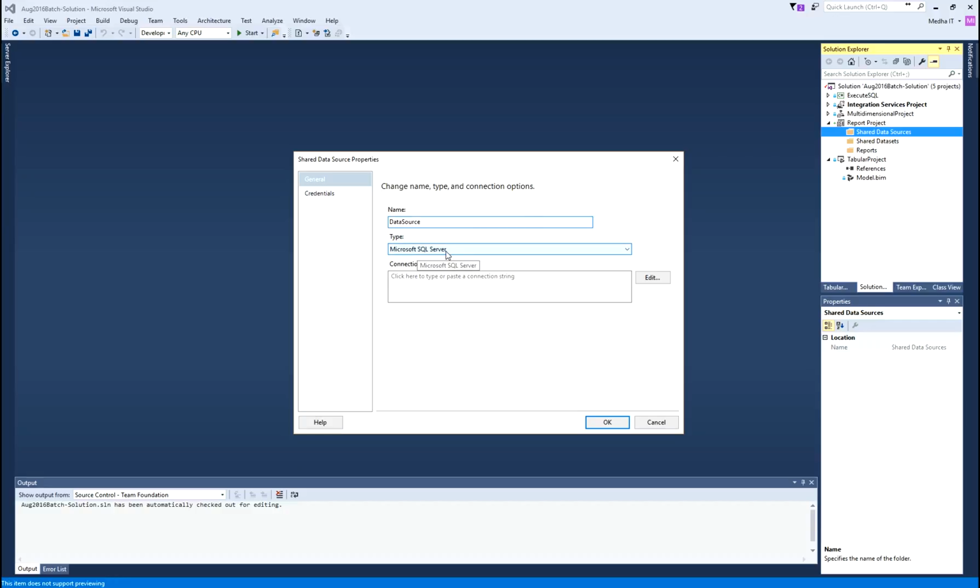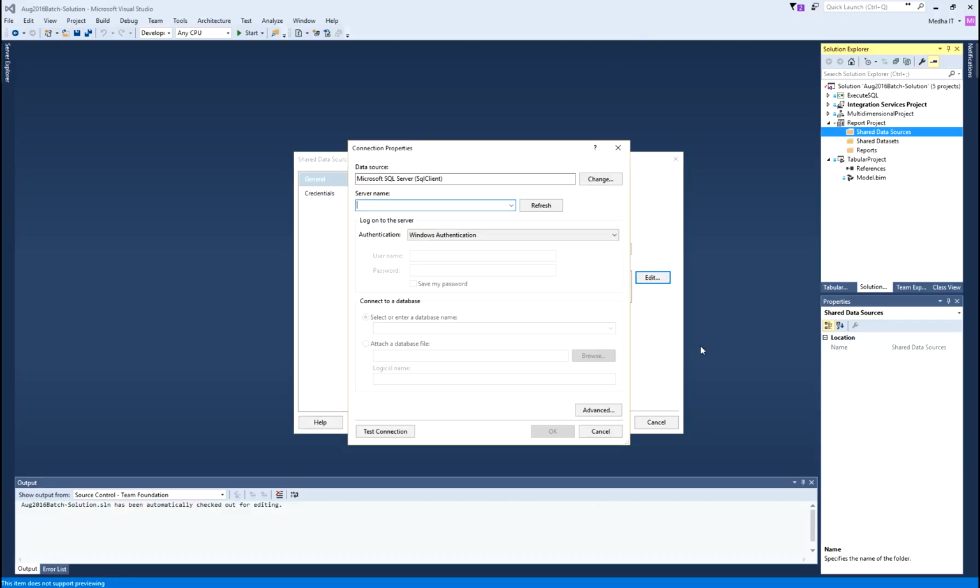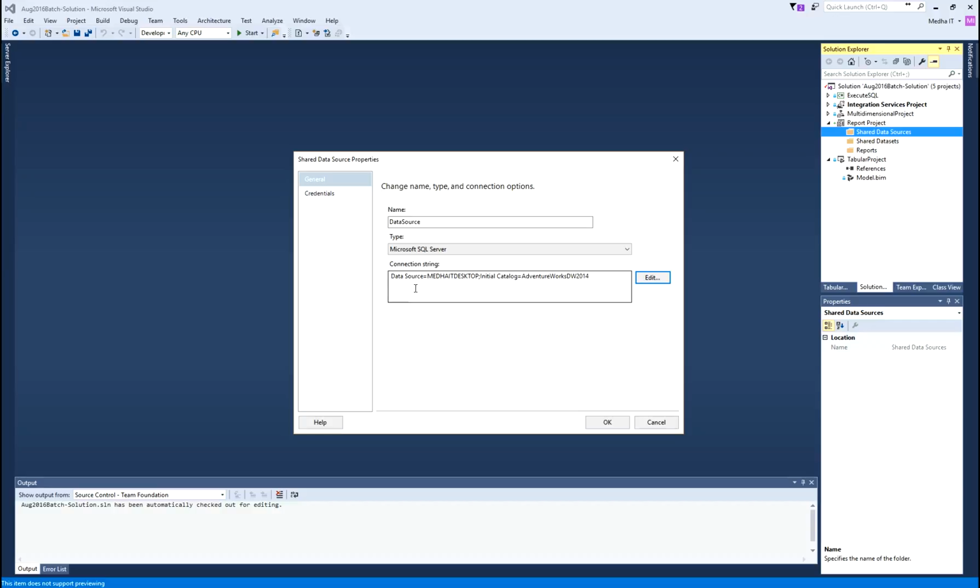I want to use SQL Server as my data source. Edit, to edit the server name and details, I provide the server name and pick my database, click OK. So, that is my connection string. So, we are creating a data source named data source that connects to SQL Server with the connection string.